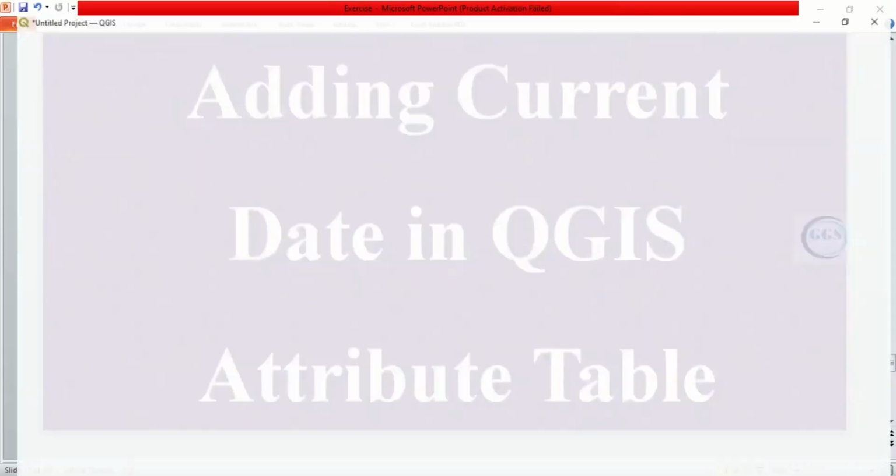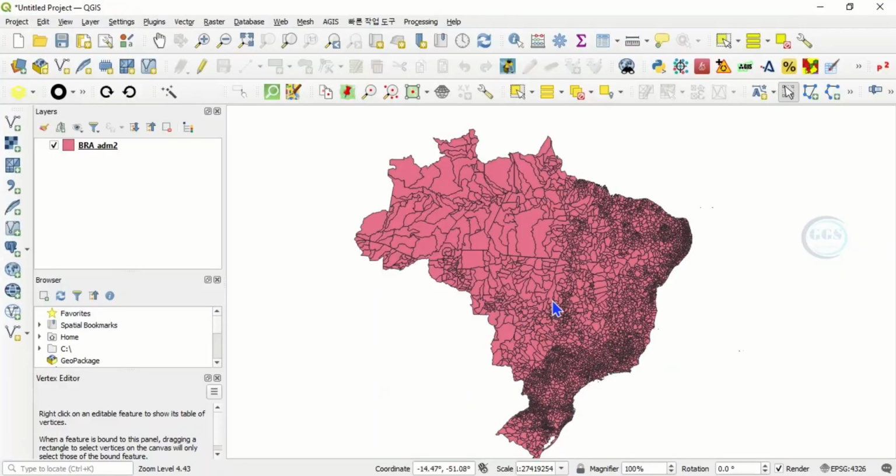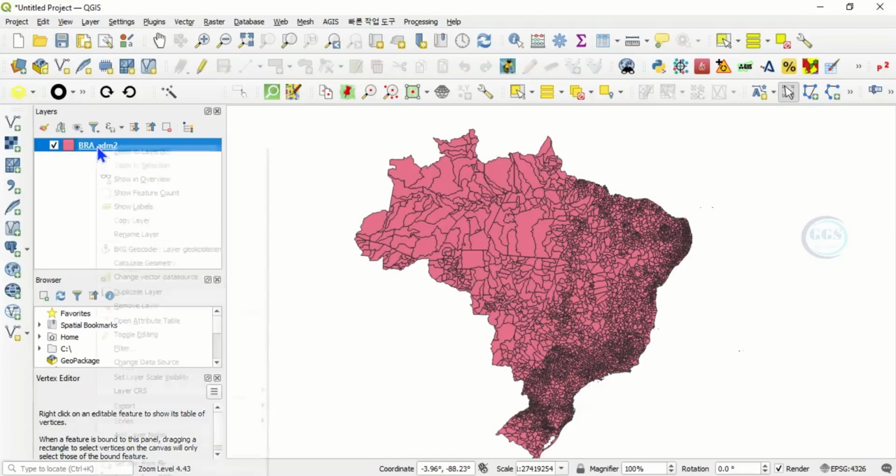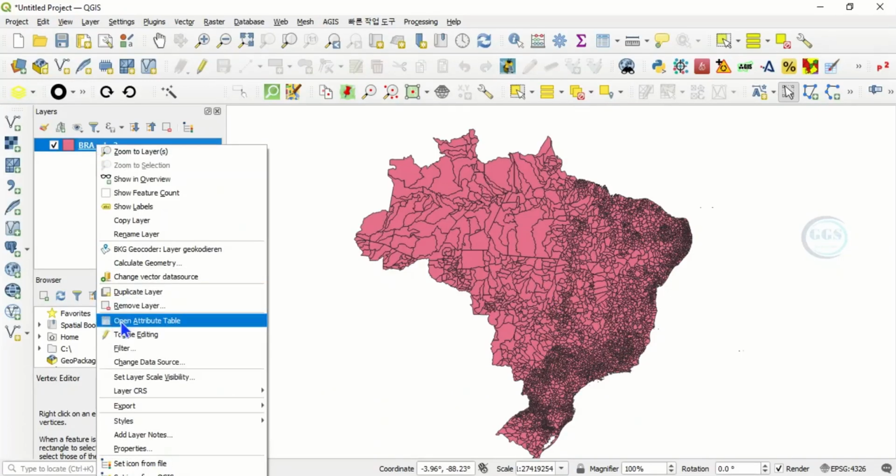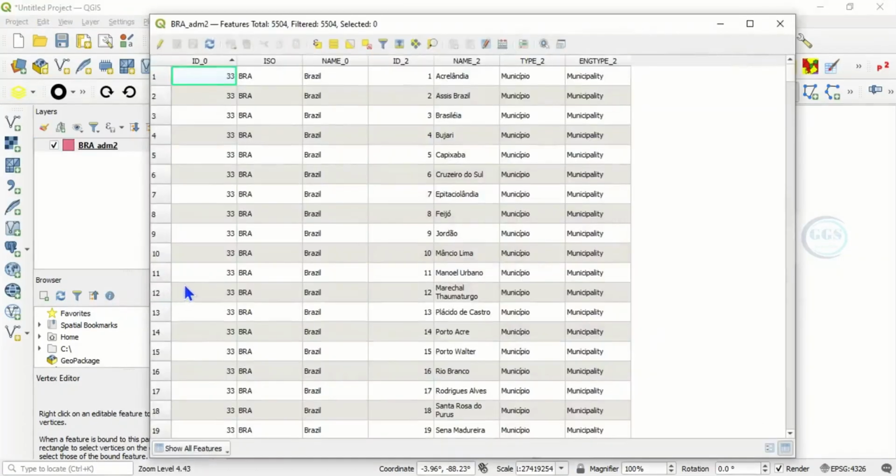Thank you. So in QGIS, I have this shapefile of Brazil municipalities. If we open the attribute table of this layer, we can see a series of fields or attribute fields in this layer. If we want to add current dates to this data, what to do is you put it in